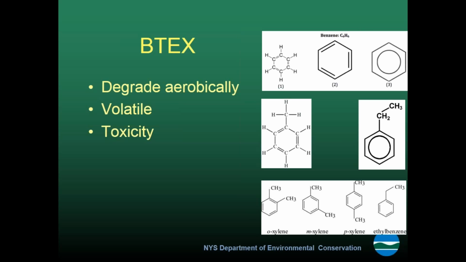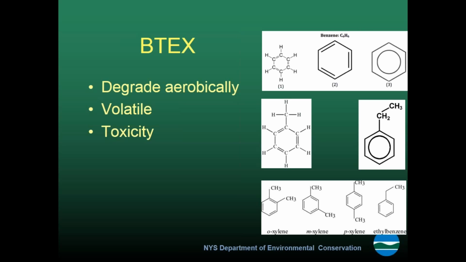So in general, we don't see long plumes of BTEX coming from leaking underground storage tanks. If you have anaerobic conditions, you can have a more significant groundwater plume associated with a spill. Or if you have pure product, the pure product doesn't break down nearly as well as the dissolved product. The BTEX compounds are volatile. We don't see a lot of issues with, or as much of a concern with